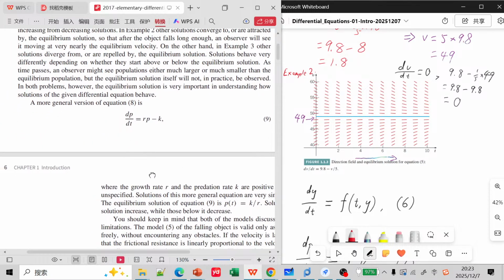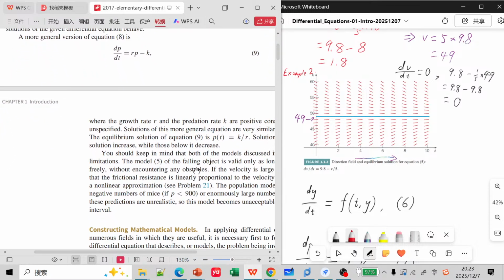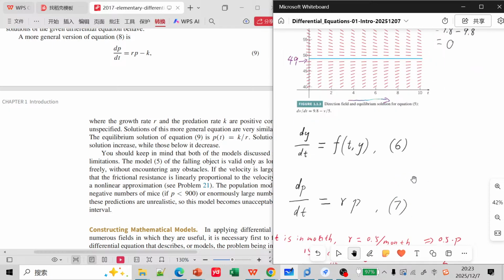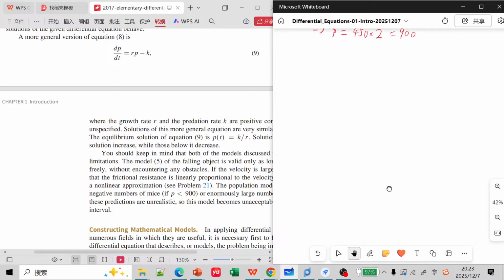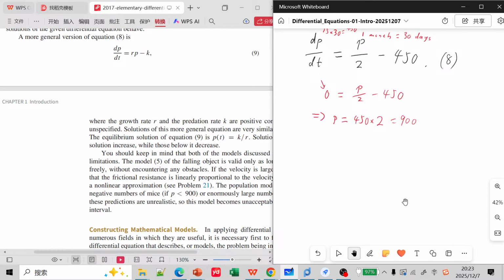A more general version of equation A is, let's write down this equation: dP over dt is equal to R times (P minus K). This is equation 9. A more general version of equation A is equation 9,